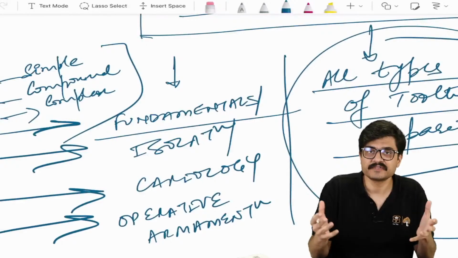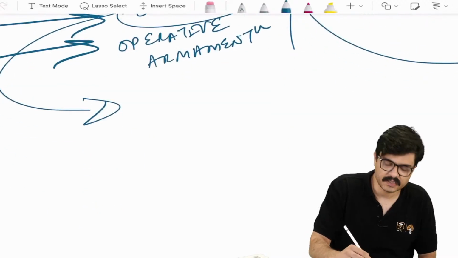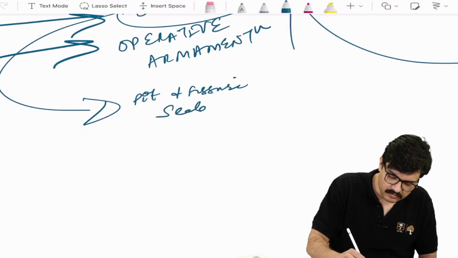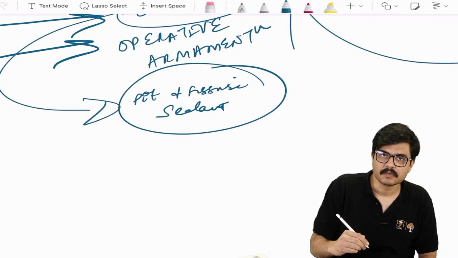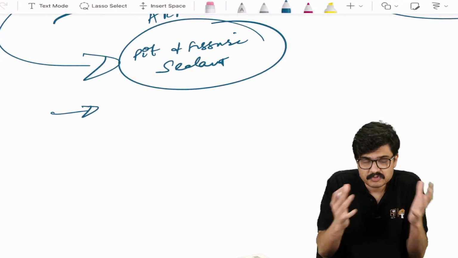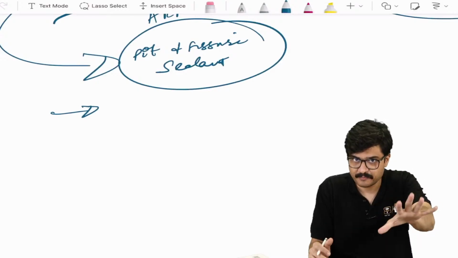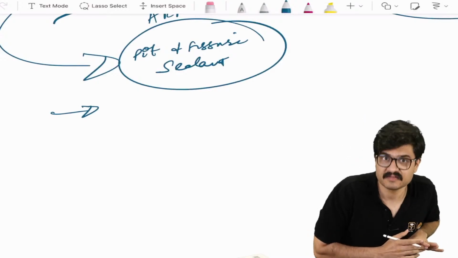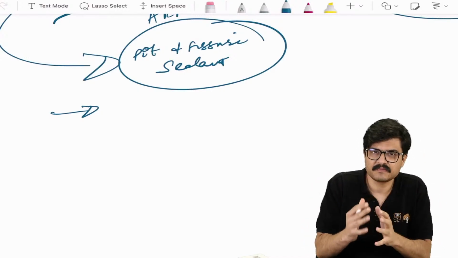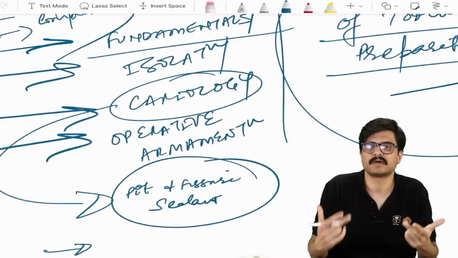As simple as pit and fissure sealants. For example, from the topic of karyology, you should know the indications and contraindications of a pit and fissure sealant, right? Basics. From karyology, incipient caries, critical pH. Well, controversial questions: incipient caries, when do you see it? Do you see it right at the critical pH, that's 5.5, or slightly below? The answer is 5. So it's the same things again and again, the basics, the fundamentals, which have to be repeatedly revised.